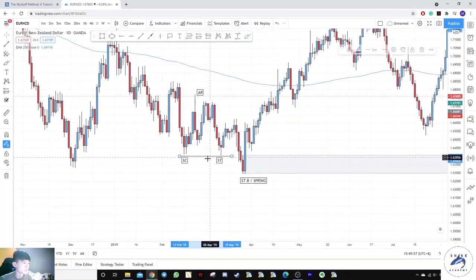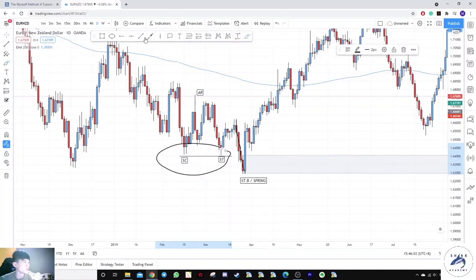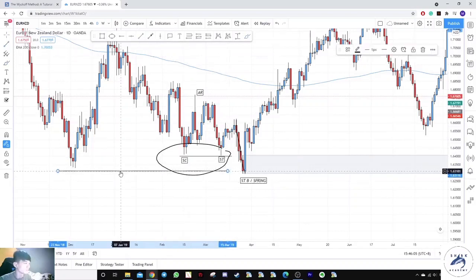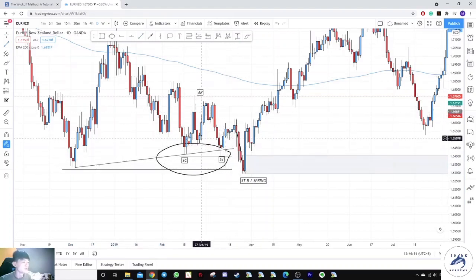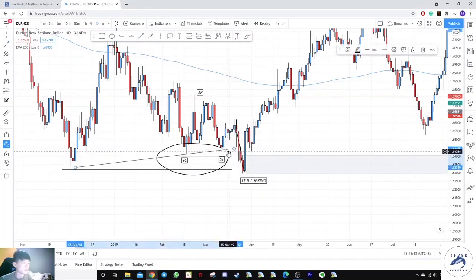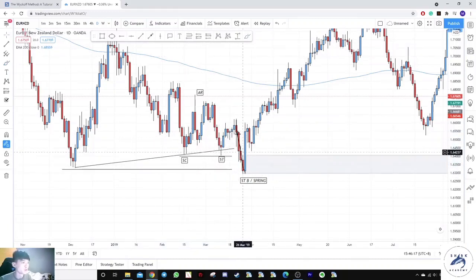Because this is the creation of liquidity for price to make a down move, clearing the zones over here, including this area over here. So can you see you can even draw a trend line into this zone, and this is such a perfect double bottom into a trend line, correct? And there are many traders who are looking to participate here. And look what happened, it broke down before moving up.